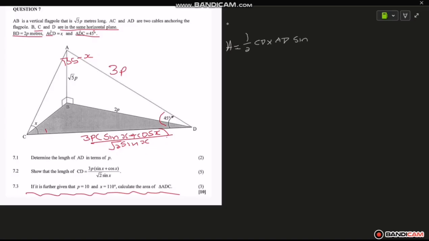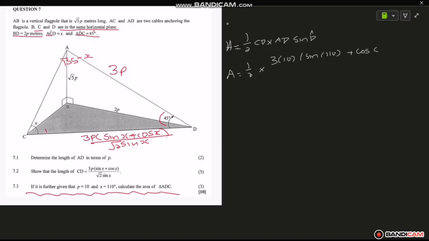Because these form angle D. So CD and AD are sides forming included angle D, which is 45. Therefore, half times CD, which is 3p, we have 10, and sine x, we have 110 as x,